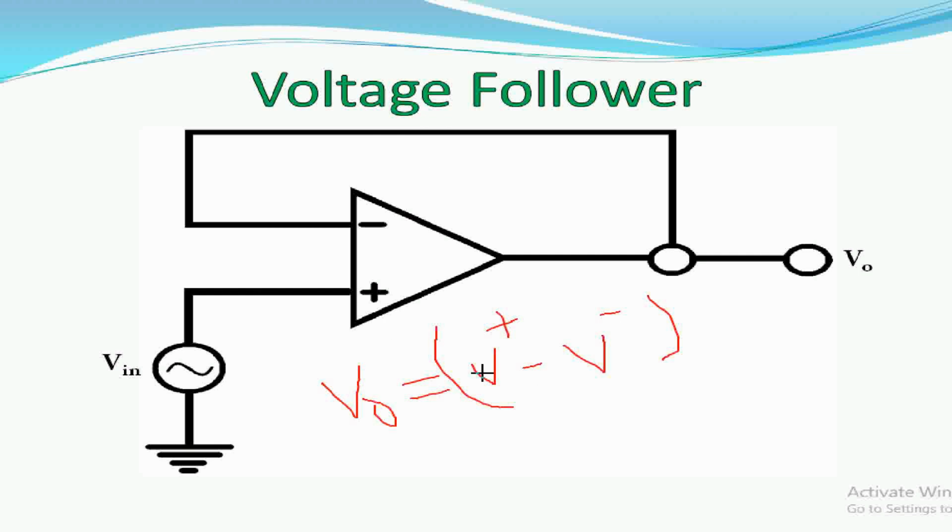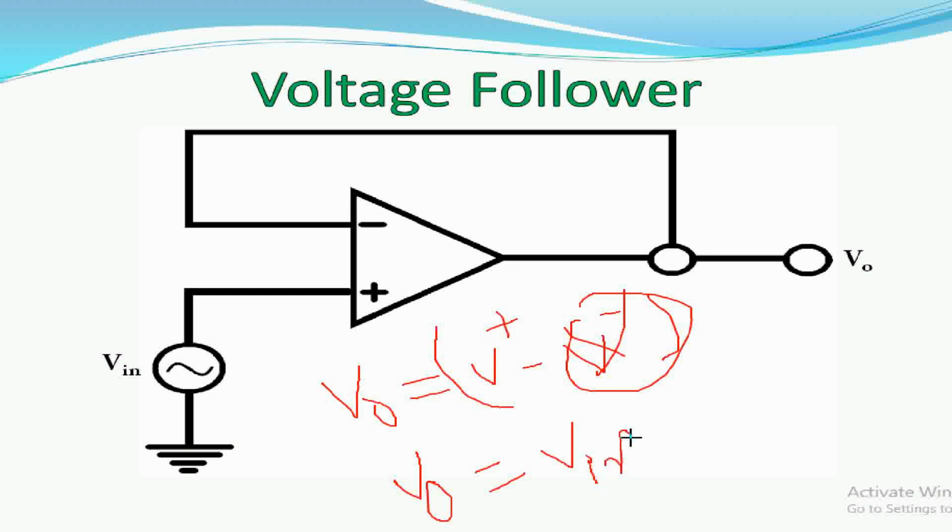That's why we have written that V out is equal to minus Rf by R1 into V plus minus V minus. But here we don't have any; the resistance values are unity. So V out is equal to, here the non-inverting input is directly connected to your V out. So just remove this one, then what you will get? V plus is equal to directly V in.